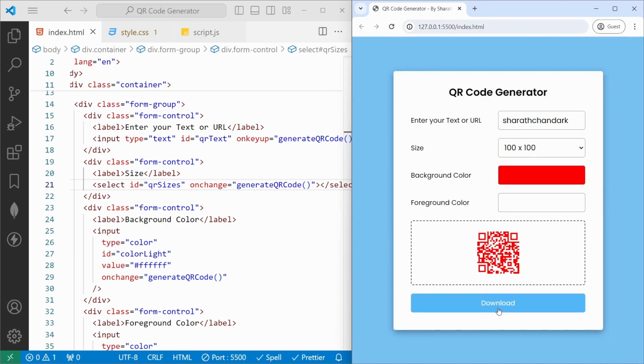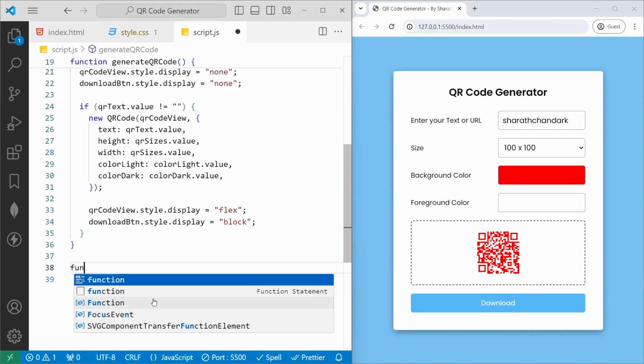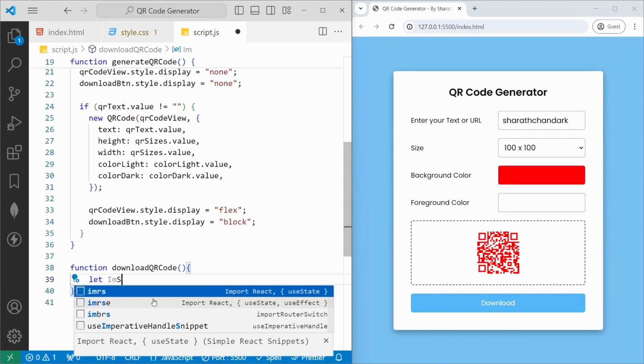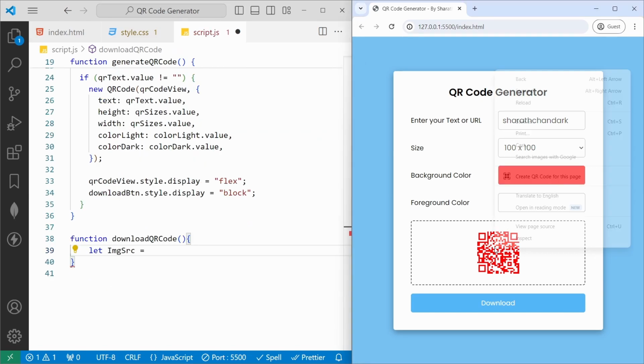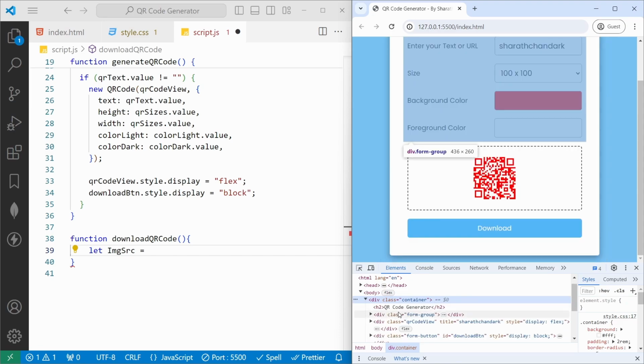Now the pending thing is we need to download this. Once we click this, we need to download the image, right? So in the script.js, I will add one more function of download QR code. With that function bracket, I will add the let here for image source. Because we need to download this image, I will go on insert element here inside the container of this